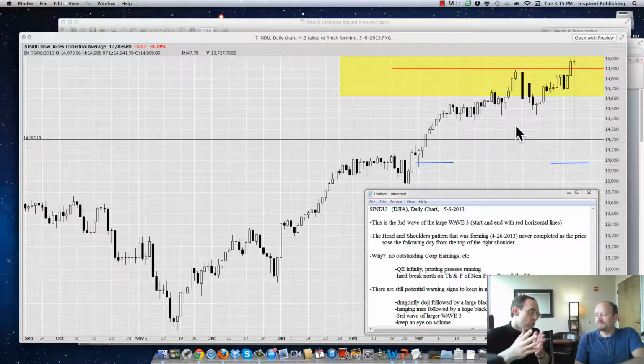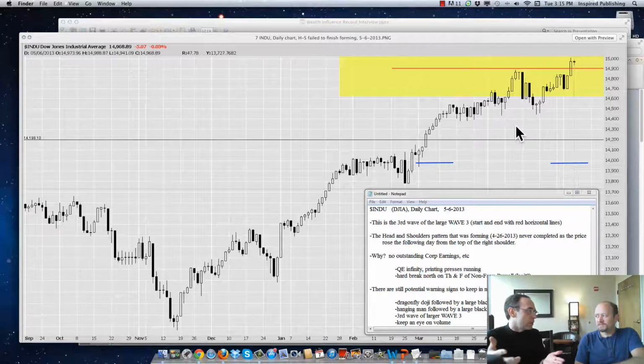Right. And there are other little programs in between there, but by the time we got to QE3, we're seeing very little reaction of the market to that. That's pretty telling, Bill. It was very telling. People should be wise to pay attention to that, and take that into consideration.